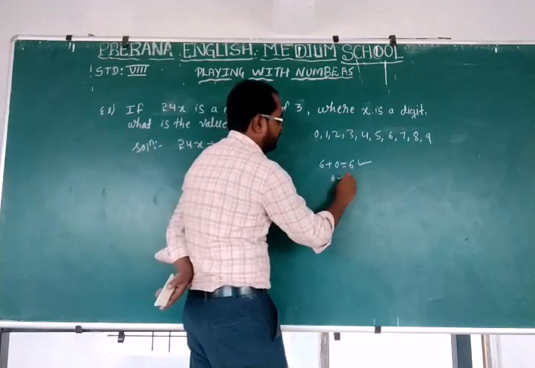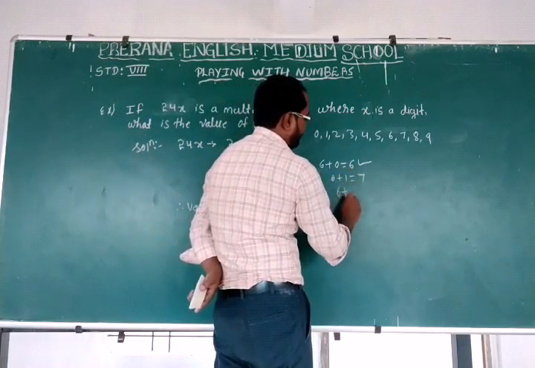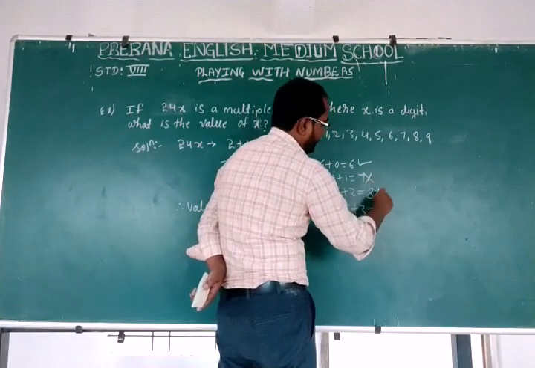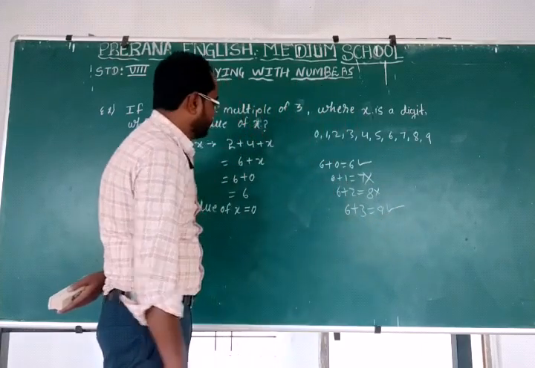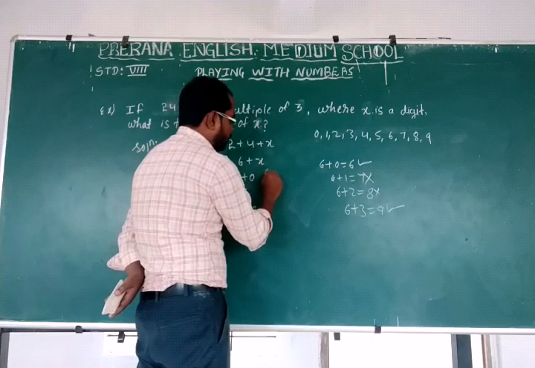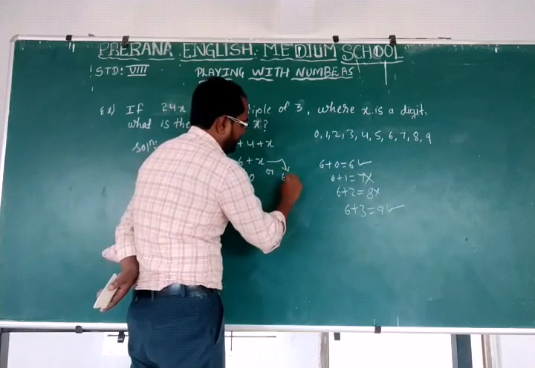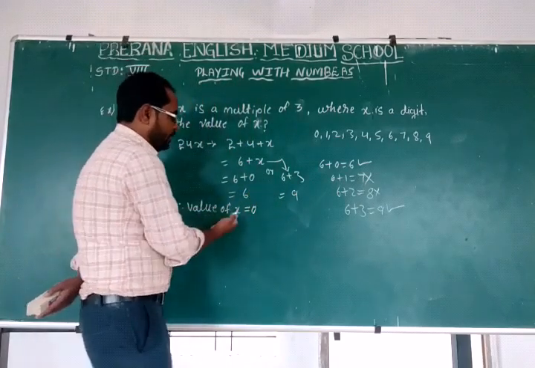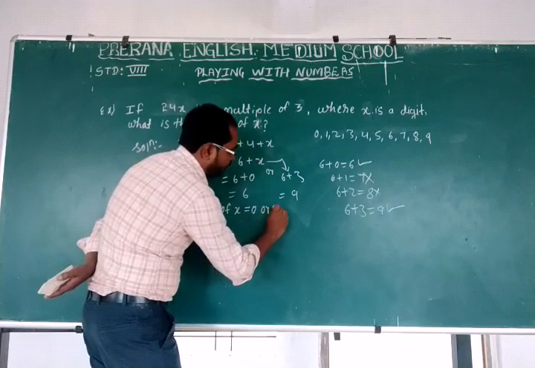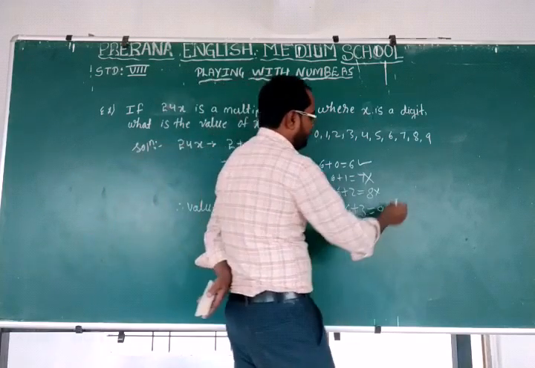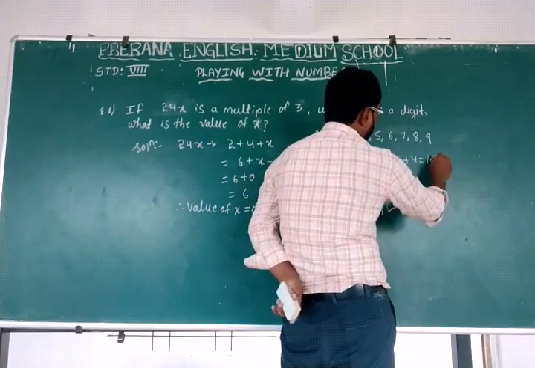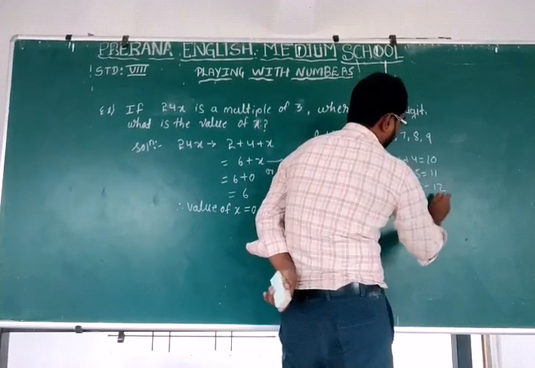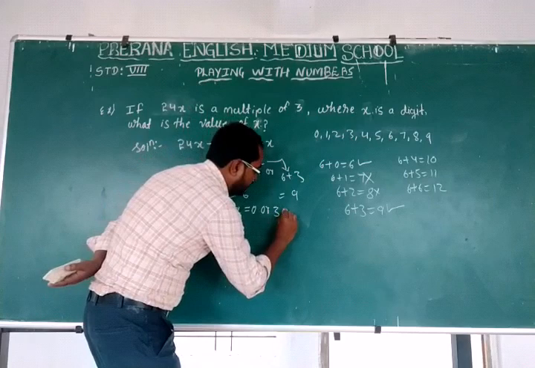Just here. If it is 6 plus 1, 7. If it is 6 plus 2, 8. 6 plus 3 is equal to 9. So these two will not work, but here we will get 3 into 3 is 9. So the value of x may be 3 also. 6 plus 3 is equal to 9. It is divisible because 3 into 3 is 9. The value of x may be 0 or 3. Apart from 3, if it is 6 plus 4, 10, not divisible, leave. 6 plus 5, 11, not divisible, leave. 6 plus 6, 12. Yes, 3 into 4 is 12. So it may also be 6.